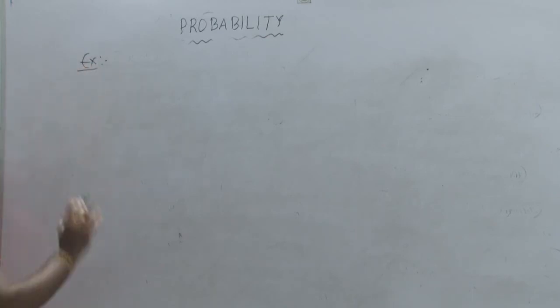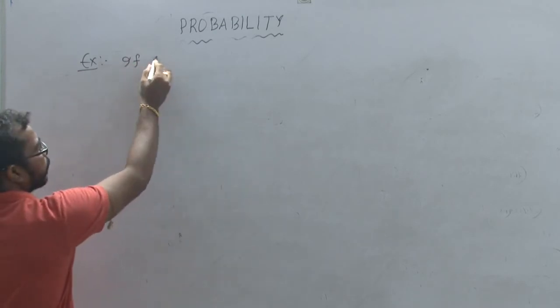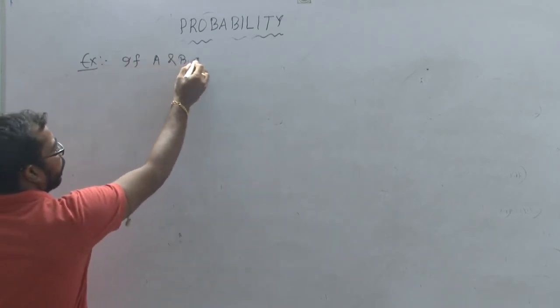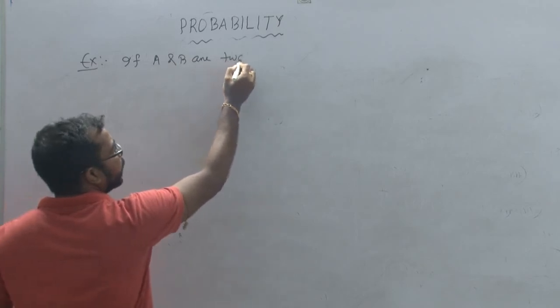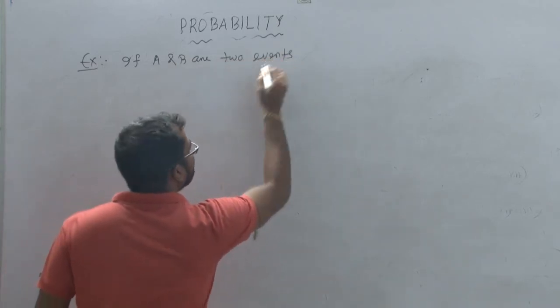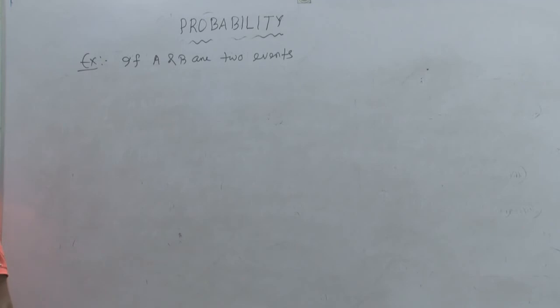So we can take an example, that is, if A and B are two events, if A and B are two events such that